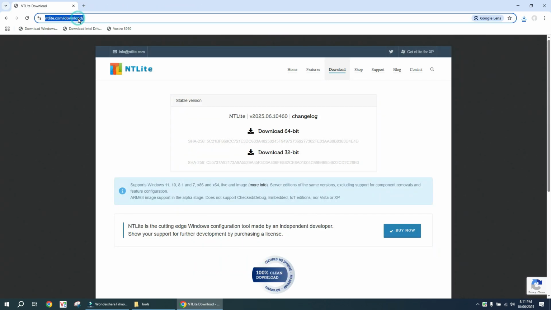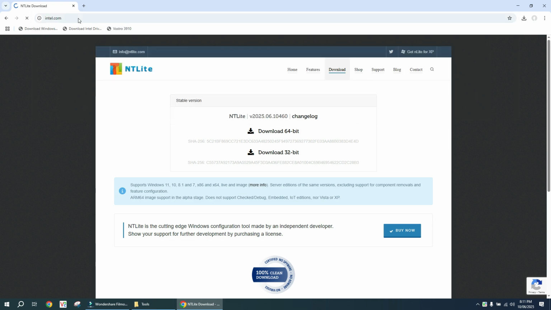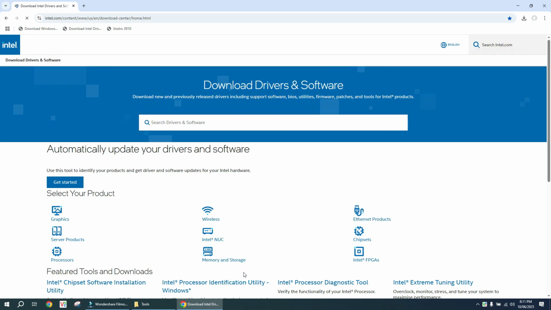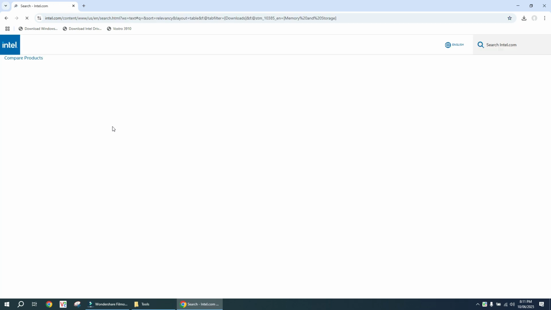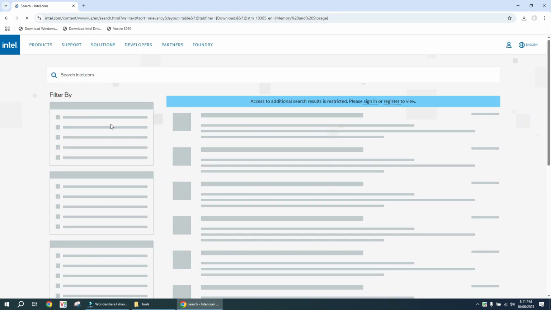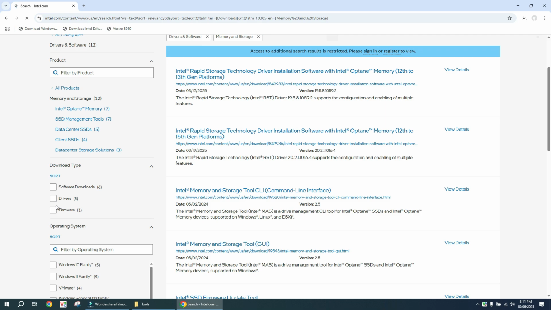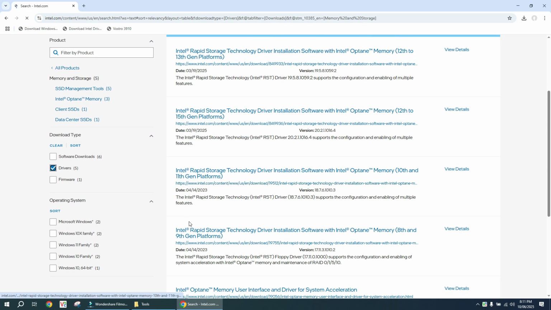We can go to the Intel website, intel.com, and then go to downloads. Then select memory and storage. And choose drivers. You can see here